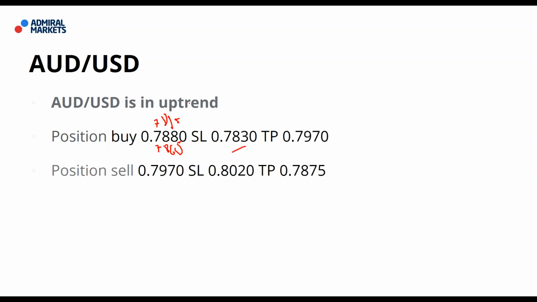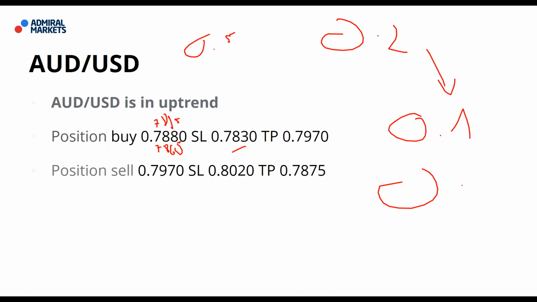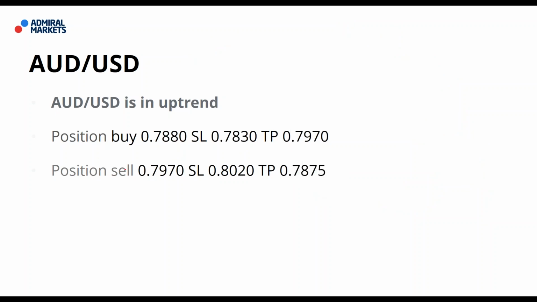So if you enter here and you want to trade, let's say with 0.5 lots, do not enter full amount. Divide it. It's called scaling in. So put, let's say, 0.2 at 78.95. If the price drops to 78.80, put 0.1. If the price drops to 78.65, put 0.1 more or 0.2 more. That way, you're actually scaling in within the zone. And if you lose, your losses will be lower, exponentially lower. So this is the setup for Australian dollar. Yeah, it's called scaling in.